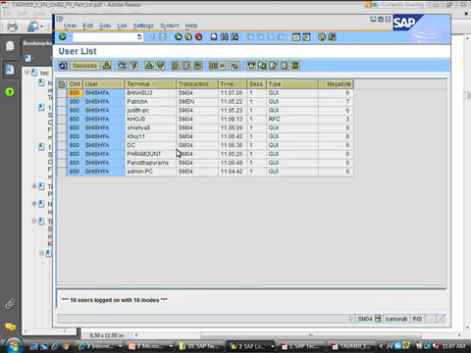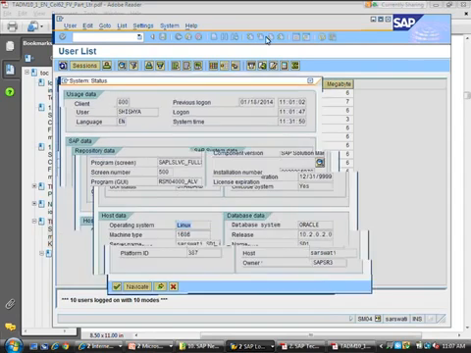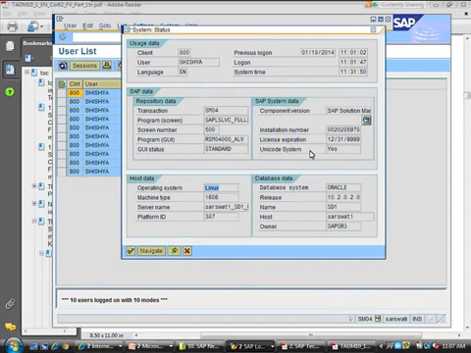It will tell you it's a Linux backend operating system, and it's running Oracle as the database. So the platform on which this SAP system is running is Linux operating system, Oracle database.